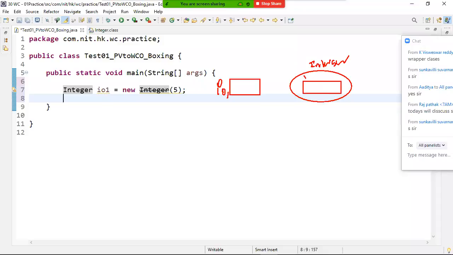Now internally the value variable is created. Inside the value variable, the given value 5 is stored; it goes into the constructor. From the constructor, this.value equal to value is stored here, and its reference, 10, is stored in IO1, pointing to it. So this is the object memory diagram.